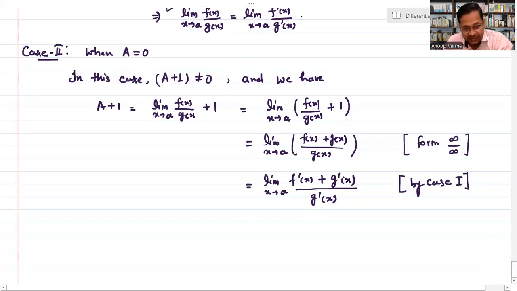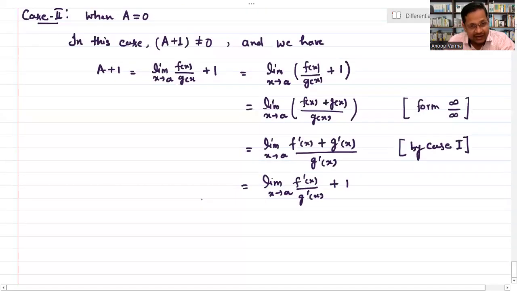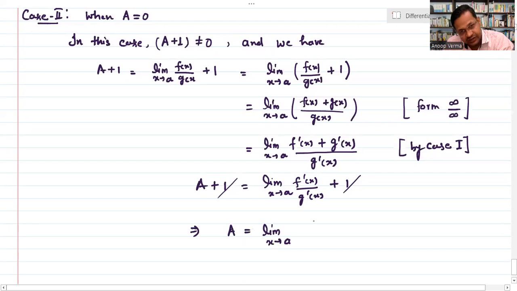So if we get this, you can divide the numerator by g dash x, so we are left with f dash x upon g dash x, plus 1. And already we have a plus 1, so you can cancel this 1 with 1. So you will get a is equal to the limit x tending to a of f dash x divided by